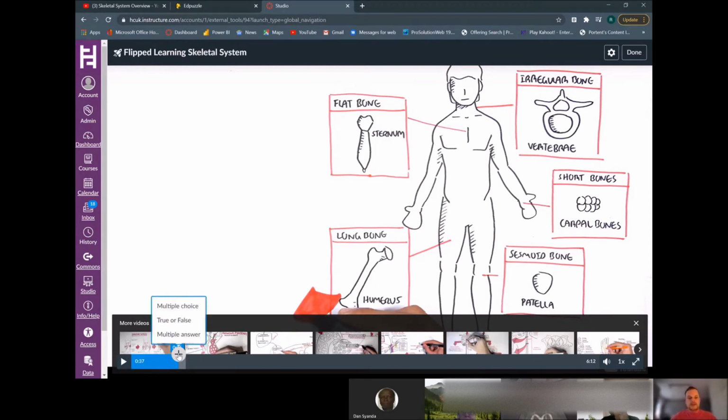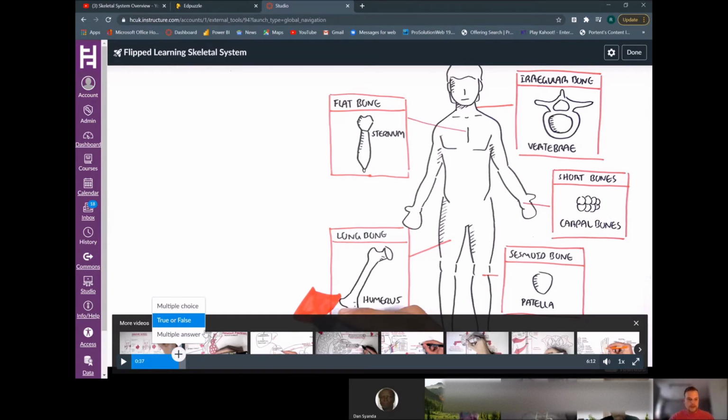Okay, so you click on the little plus sign, and then you've got 3 options. You've got multiple choice, true or false, or multiple answer. So there might be 2 or 3 correct answers in one question. The benefit with this, and why they've limited it to those 3, is so the auto mark feature can pick up the right and wrong answers. If you had an open-ended question, which some platforms do, it wouldn't know what was right or wrong unless they put in the exact text. So for these ones, it allows the algorithms to decide what's right or wrong